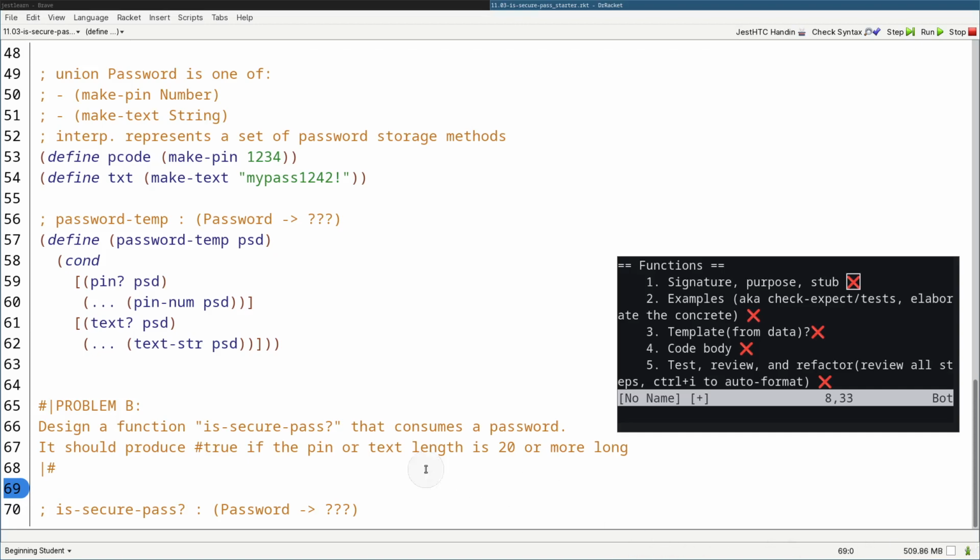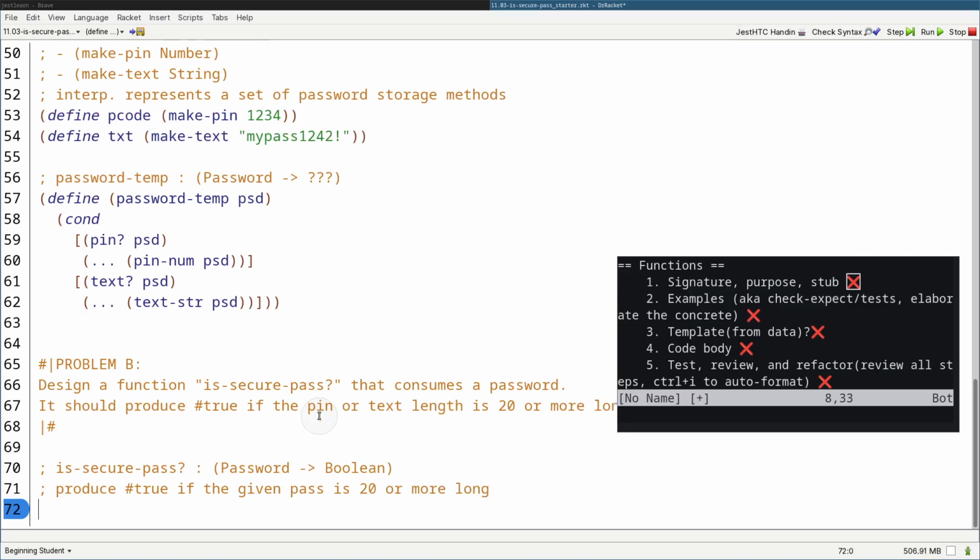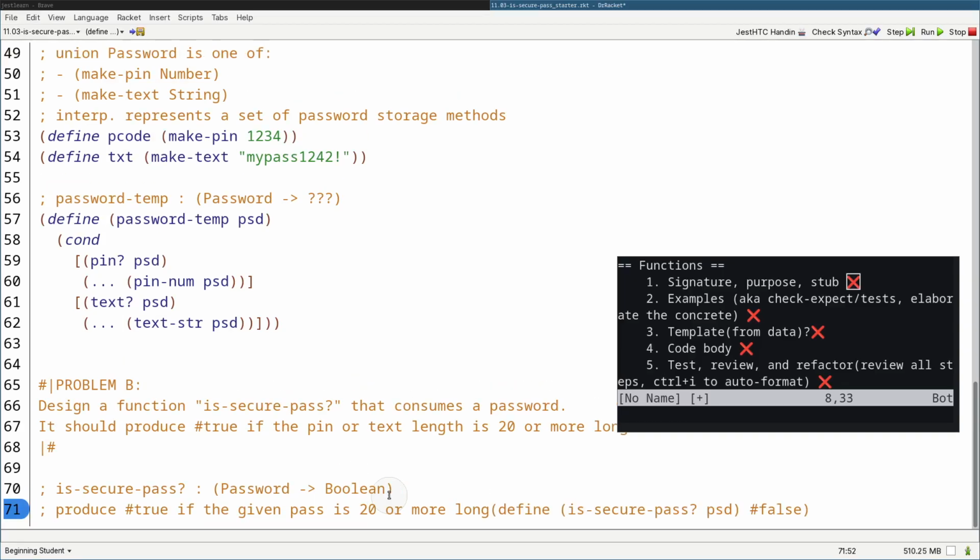All right, so is secure pass, we can extrapolate that it has to produce a Boolean. So let's finish this type signature here. All right, next is the purpose, right? So we can do produce true if the given pass is 20 or more long. All right. So that is the signature and purpose, next is the stub. Define is secure pass, right? It consumes a password, and we have to produce a Boolean at the end of the day. So that's the dummy value to run against